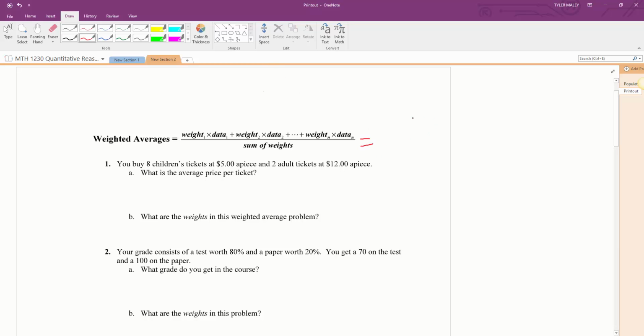Alright, so you should have had sigma, right? And we're adding up, so we're taking all the individual weights, right? So weight sub k, and then multiplying it by its appropriate x value, right? And then dividing that by the sum of my weights, right? So this is one way to write it with sigma notation,